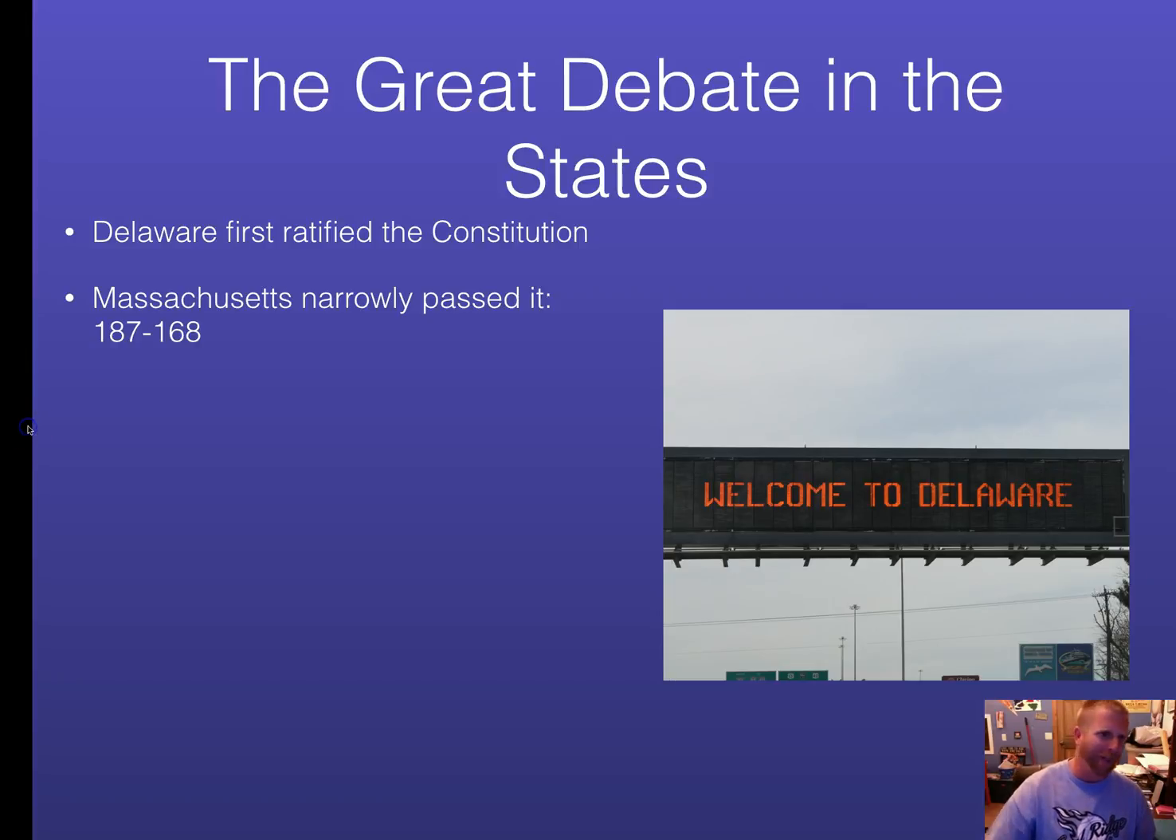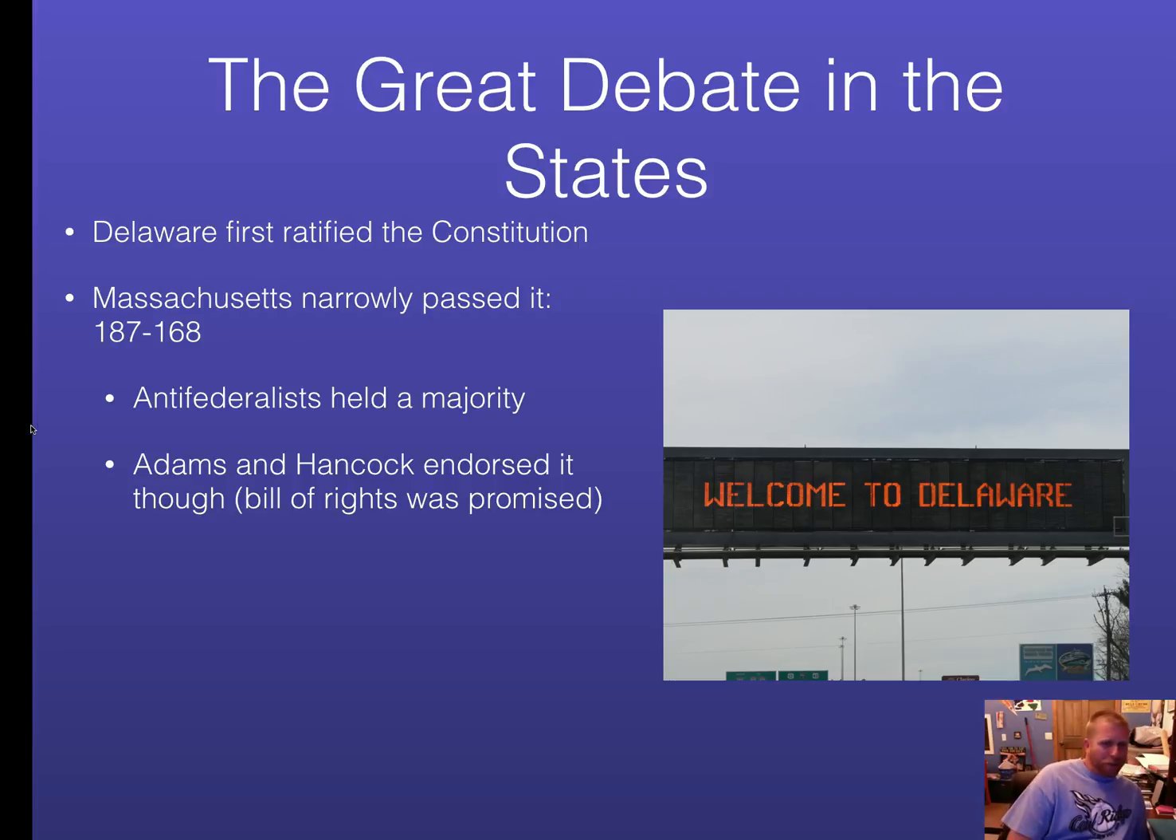No way, Delaware. Massachusetts narrowly passed it. Yeah, they were very close to defeating it because they wanted more rights and more liberties, 187 to 168. The Anti-Federalists actually held a majority in Massachusetts, but John Hancock and Samuel Adams eventually endorsed it because they were promised a Bill of Rights, and that switched a lot of the